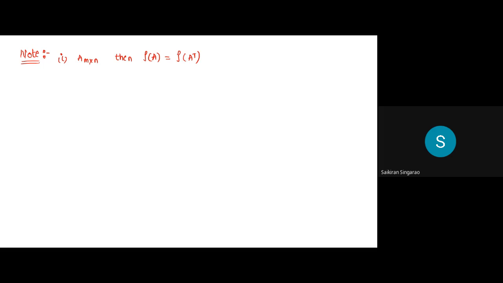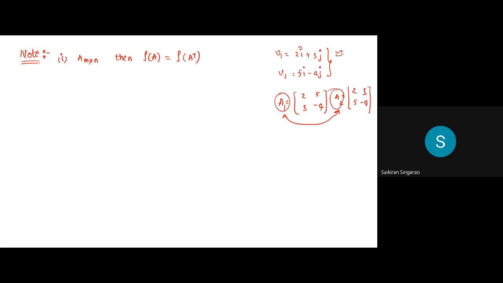Transpose is simply the way of looking at it. Say you have vector 1 as 2i plus 3j, and vector 2 as 5i minus 4j. I can write a matrix A like this: 2, 3, 5, minus 4, or I can write it the other way. If I call these A1 and A2, both represent the same set of vectors, the same system. I can show it in the form of A1 or A2. Both are in fact transposed to each other.